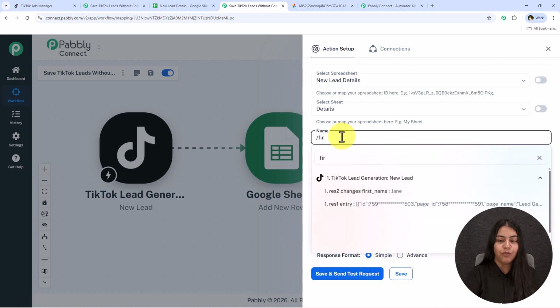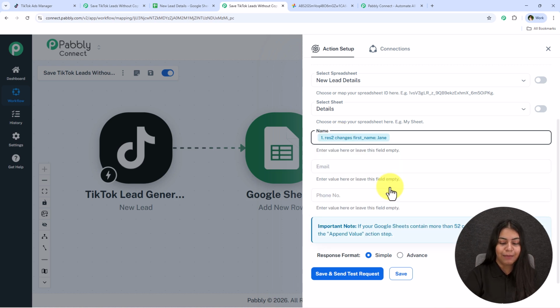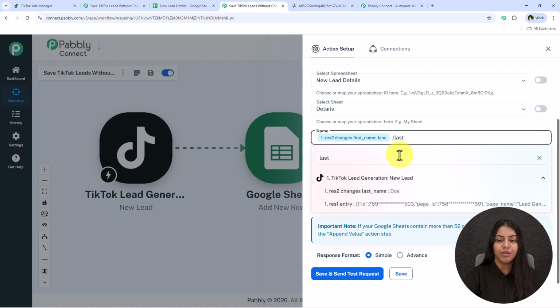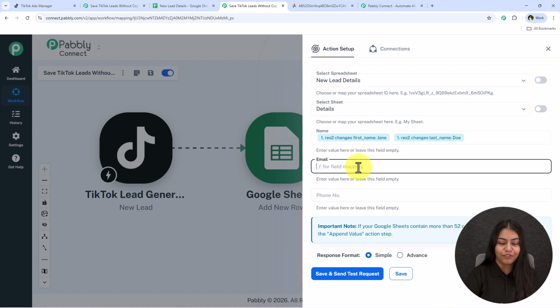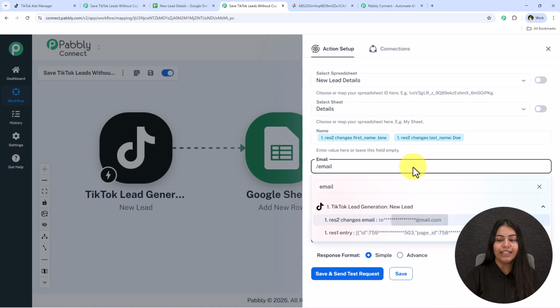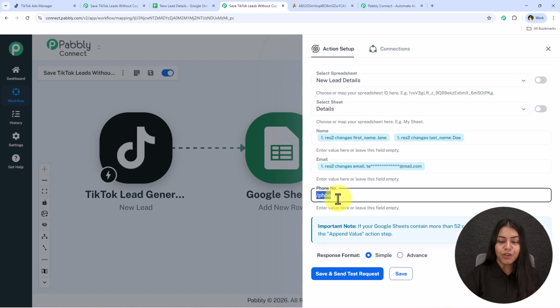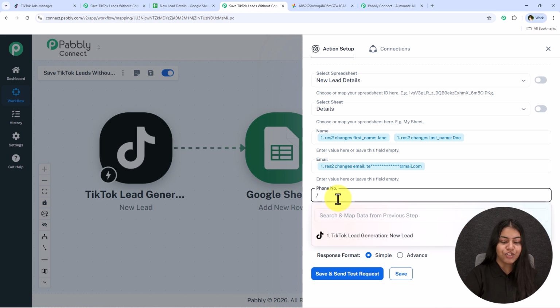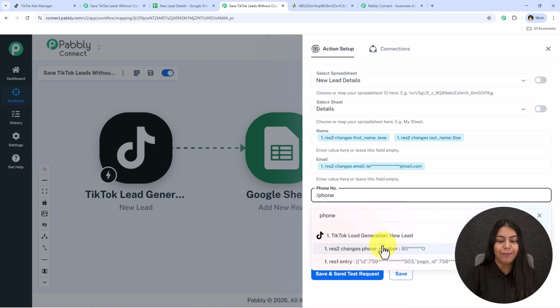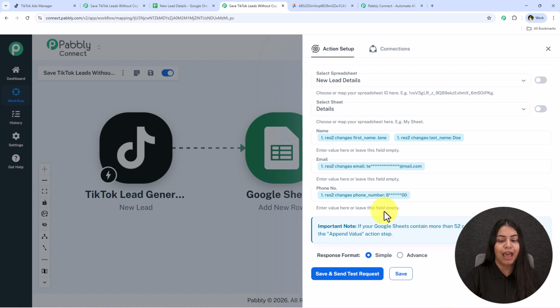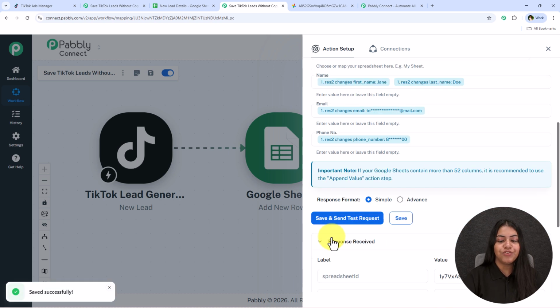So you must be wondering what is mapping. So mapping is a method by Pabbly which means inserting the data from the previous step. And when we insert the data from the previous step, automatically our data becomes dynamic and changes with every new response received. So if you also want to map the details, just put a slash and then search for the detail which you wish to map and select it and the detail will be mapped. Now you have to click on the save and send test request